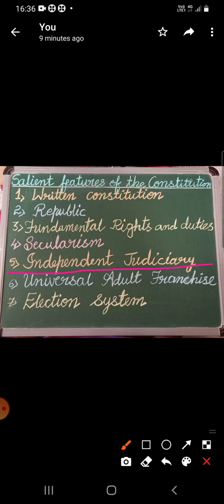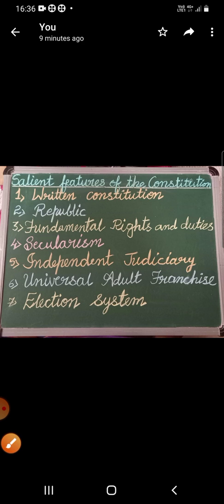And all are equal before the court of law, and all have the right to justice, is the principle of the judiciary. So nobody is low or high. In the eyes of the judiciary, everybody, whether rich or poor, high caste or low caste, or whether he belongs to Kashmir or Kanyakumari, any part of the country, everybody is equal before the court of law. And the decision of the Supreme Court is final, and all are expected to adhere to it.